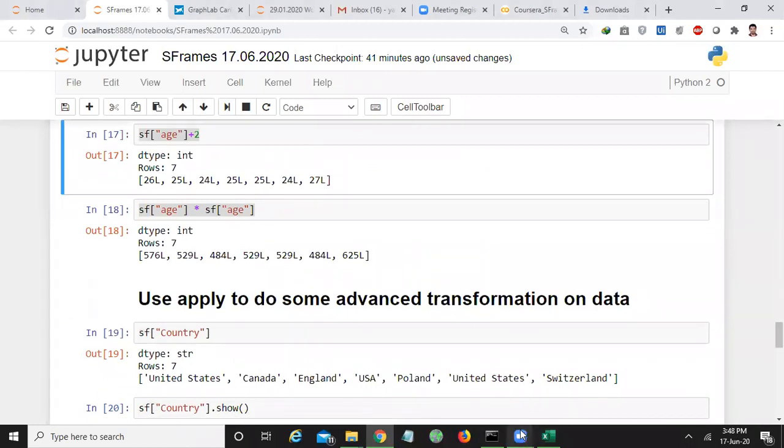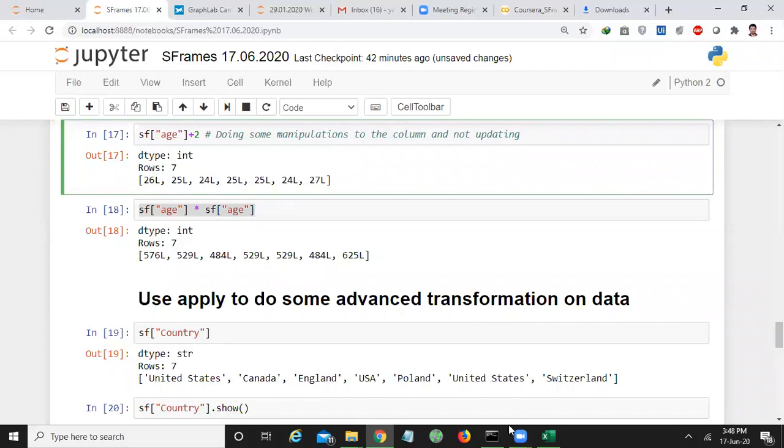So we are doing some manipulations to the column. What is the meaning of this? Doing some manipulations to the column, and not updating that column.